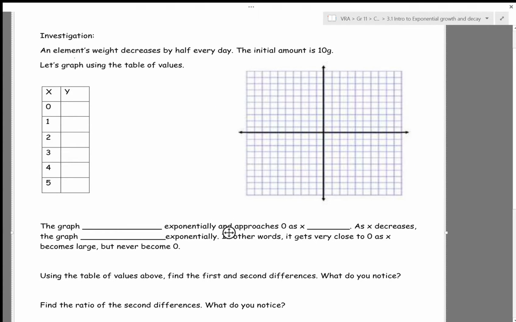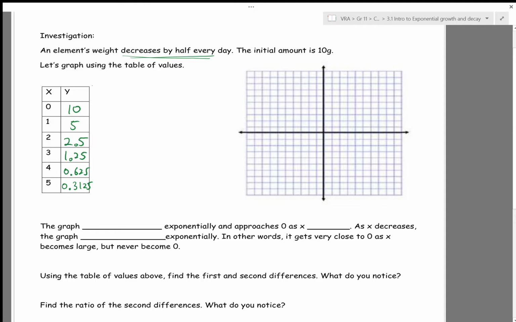Now in this case, there's an element, and its weight decreases by half every single day. So again, x represents the number of days, and y represents the amount of the element. So starting from 10, because we start from day 0, and then it becomes half of it, becomes half of it, becomes half of it, and on and on and on. Now 1.25 divided by 2 is, I believe, 0.625, and then this one divided by 2 is then